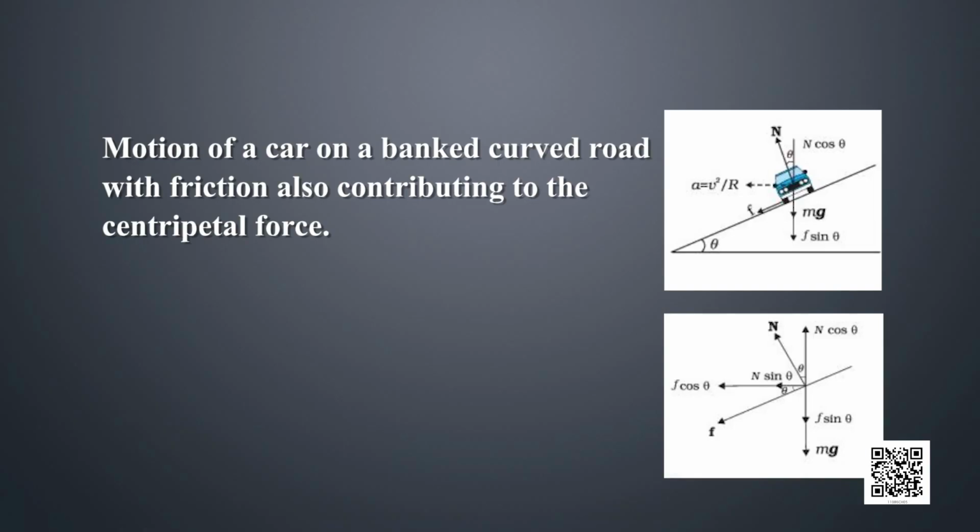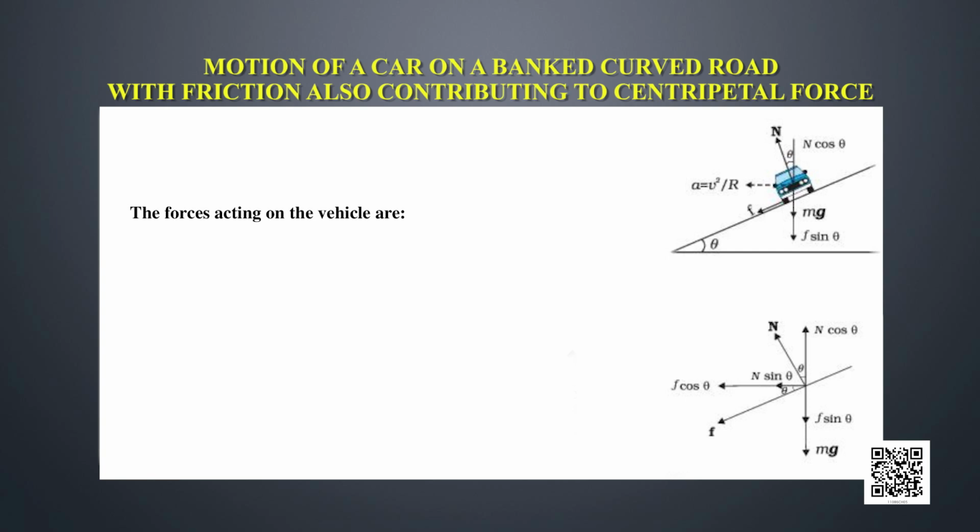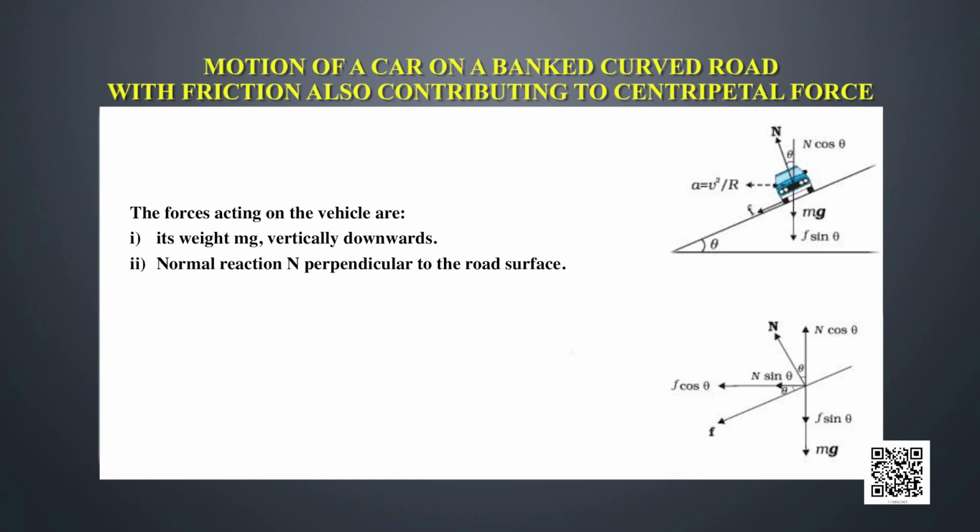Have a close look at this diagram and carefully see the forces which are acting on the vehicle. The forces acting are its weight mg, the weight of the car vertically downward, the normal reaction N perpendicular to the road surface, the force of friction F parallel to the banked road and down the track,